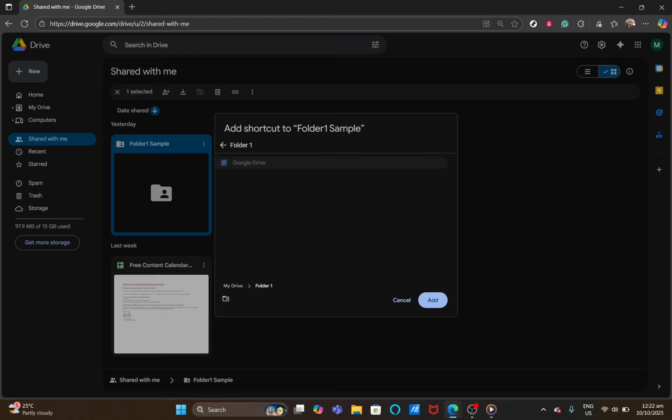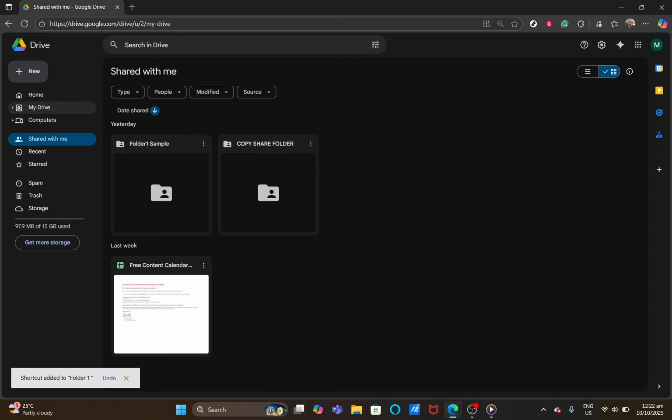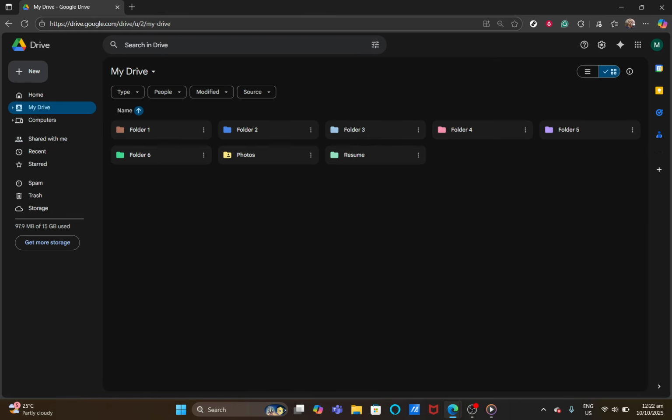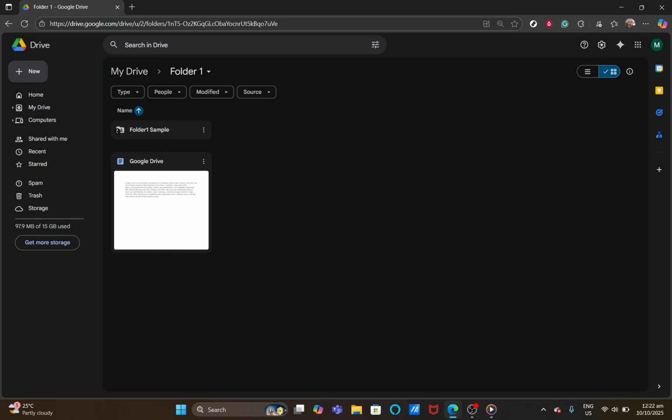file. Next, you'll want to decide where to place this shortcut. You'll see a pop-up asking you to select a folder within your Google Drive. You might choose your main drive section or a specific folder if you have a system already organized. This part is crucial because it determines how easy it will be for you to find and use the shortcut later. Once you have selected the desired folder, simply press the ADD button. This action finalizes the creation of your shortcut, effectively linking your chosen shared file into your personal organization system on